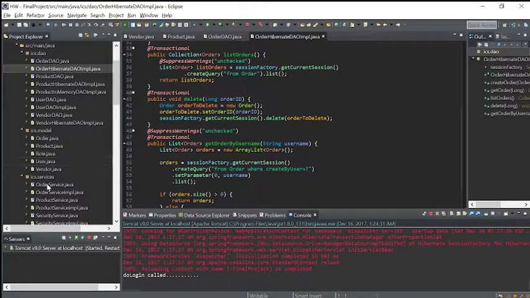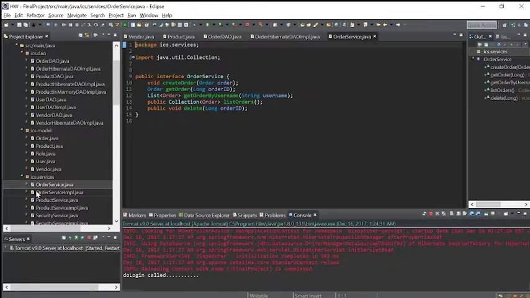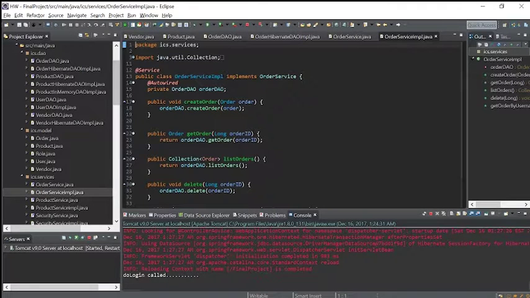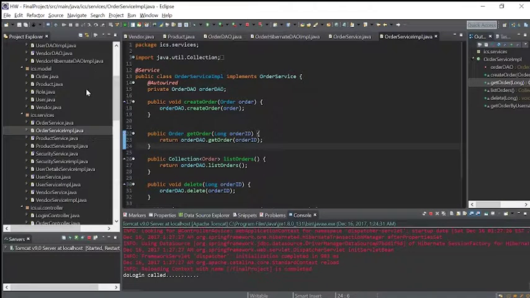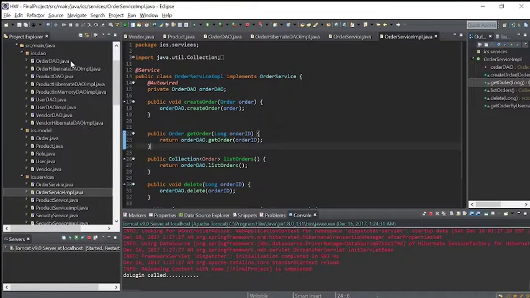The methods are the same in the service layer, just to loosely couple these two. This is the layer between the controller and the DAO layer,